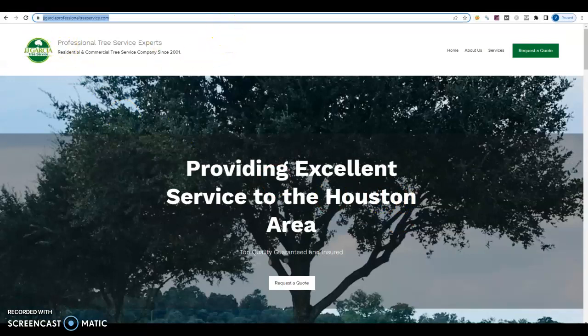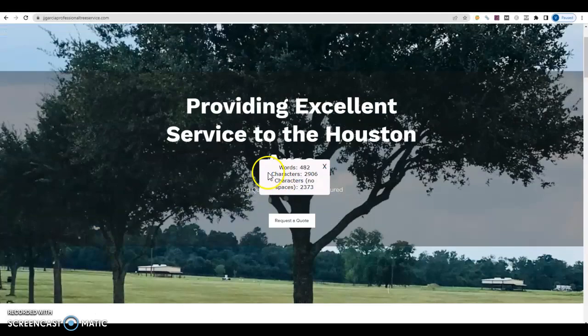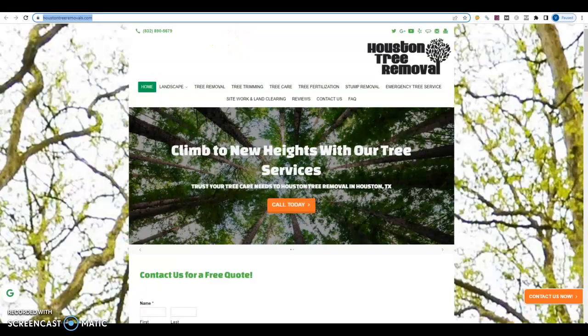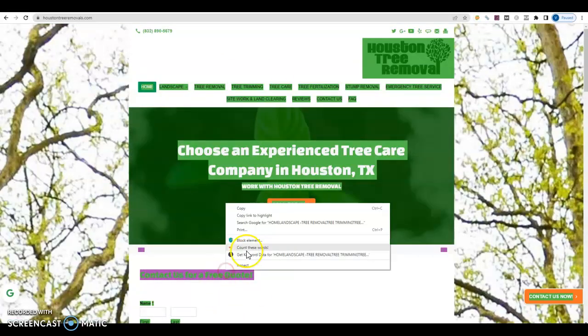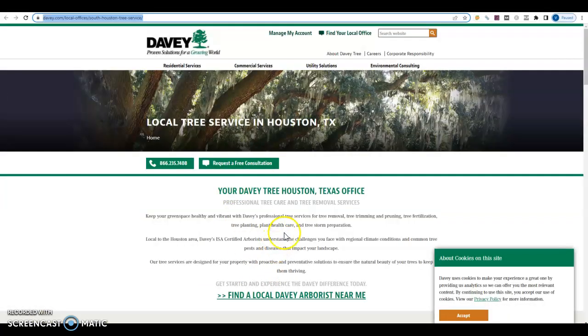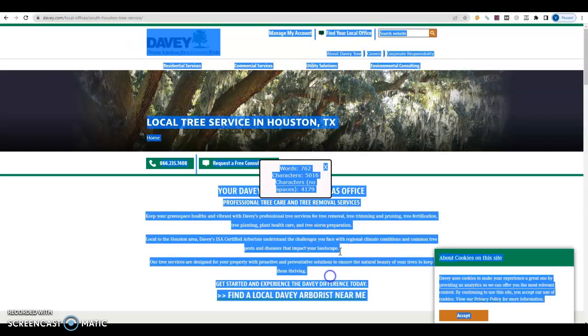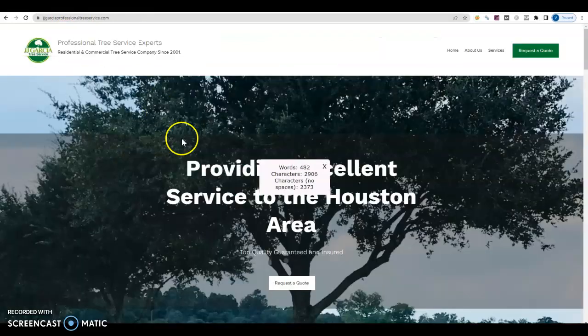In terms of the amount of content you have, your website is sitting around 482 words, and we'll see why this is important. So Houston tree removal, these guys have around 627 words. And Davy, this is the landing page for Houston. These guys have 762 words. And content is important because for Google to optimize your website, the sweet spot for them is between